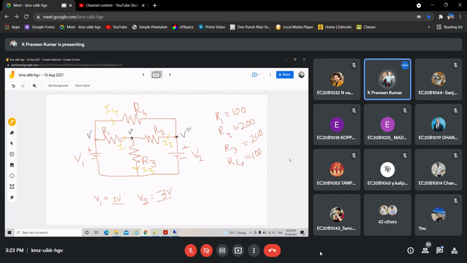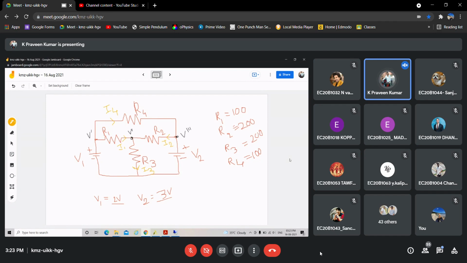And one more thing is, don't consider the same voltages I have given, like 2 and 3 volts. So choose different voltages, right? Then if you want, change the resistance values also, but take the circuit that I have given to you. As an example, I have given R1 and R4 as 100 ohms, R2 as 200, V1, V2 as 2 and 3 volts respectively.